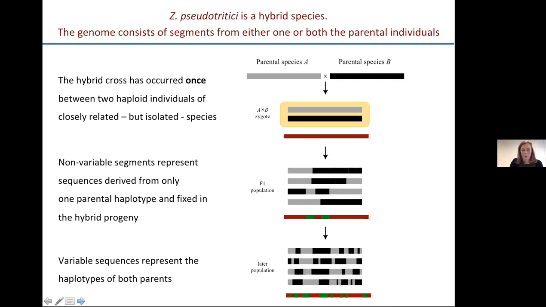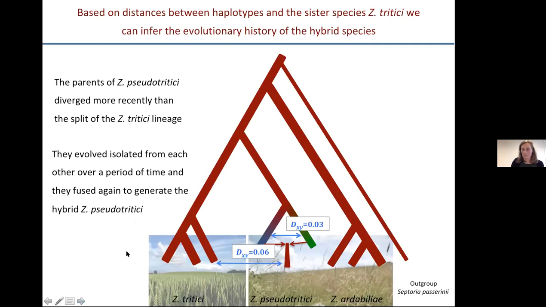So we could go a bit further in understanding when this hybridization event had occurred, because we could look now at the divergence between these 2 parental haplotypes, and that's a 3% divergence between the parental haplotypes in comparison to a 6% divergence between Septoria 3DC and Septoria pseudo-3DC. So the scenario that we think is that there was in the past,